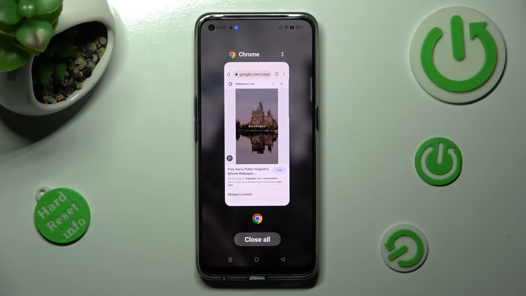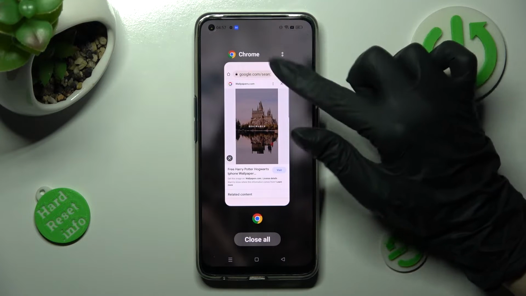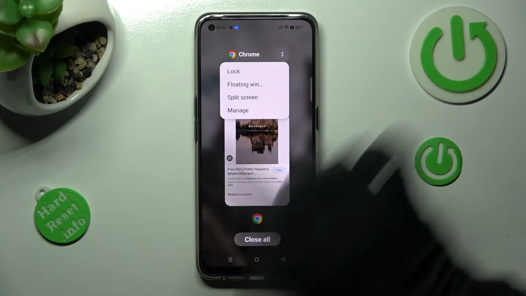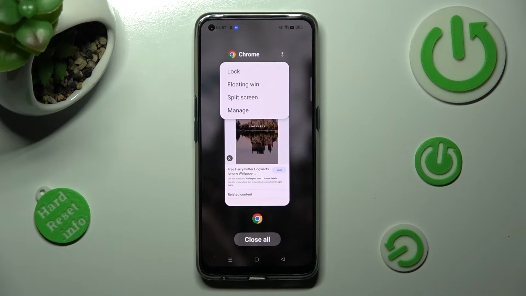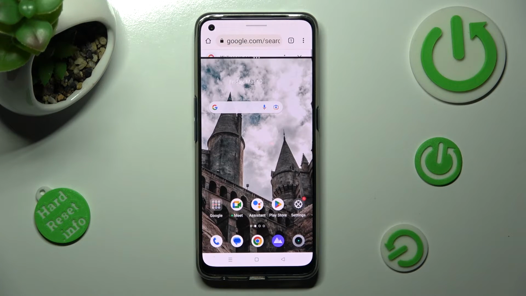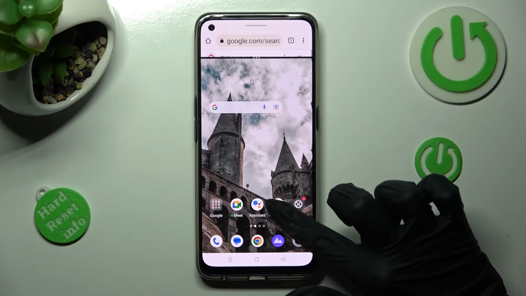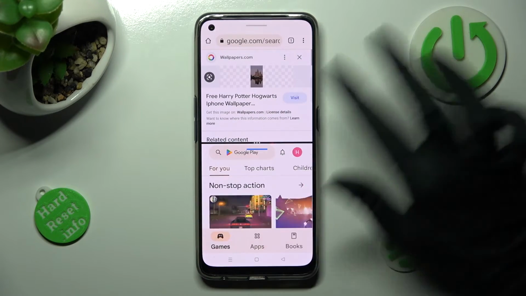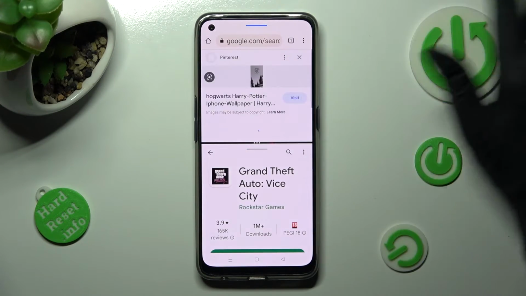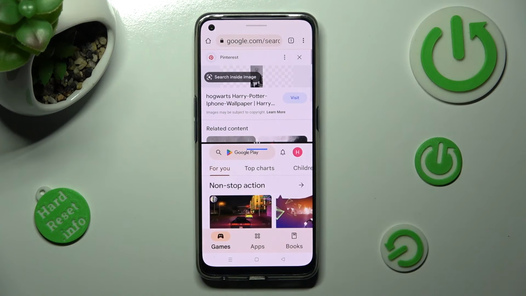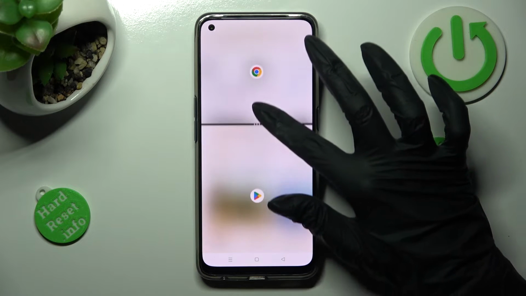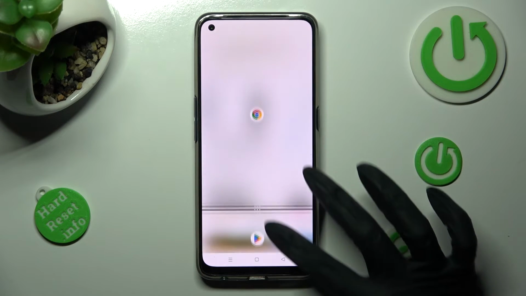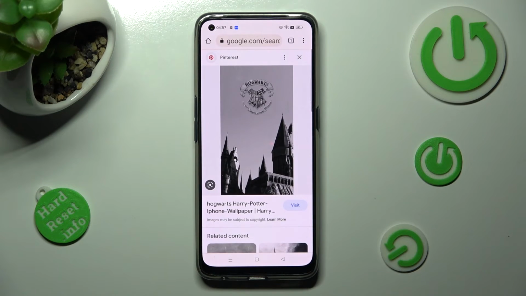Then click on those 2 dots at the top right corner of your app and select Split Screen from the list. Finally, you can click on the other app, and as you can see now, I can use both at the same time. If you wish to go back from this mode, drag the first app upwards or downwards and select